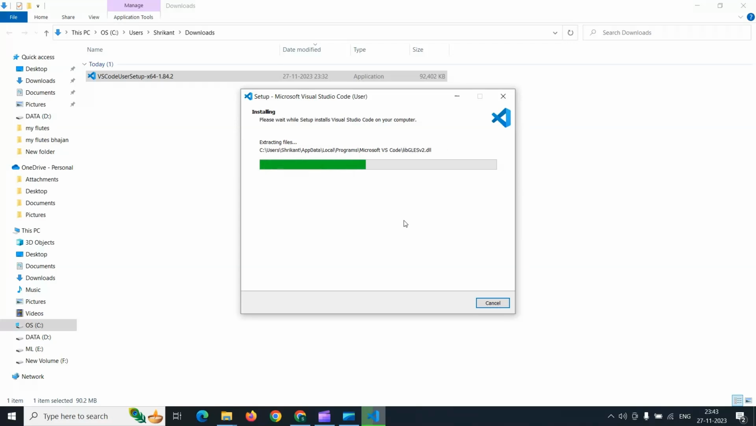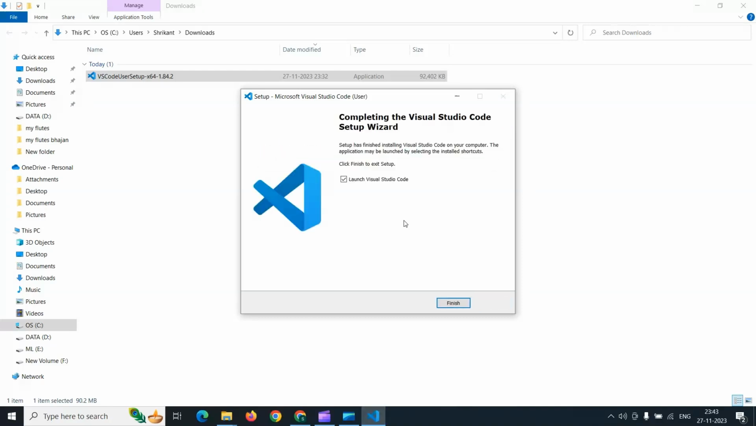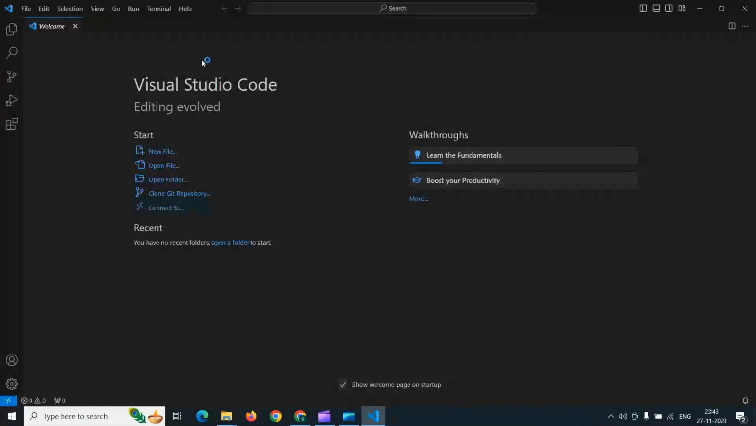So let's wait some moment and see the next instruction. Okay, so as soon as you click finish here, your Visual Studio Code will be open. Okay, so click on the finish. So this is a welcome. So your Visual Studio Code will be open, and according to your environment you can install Python